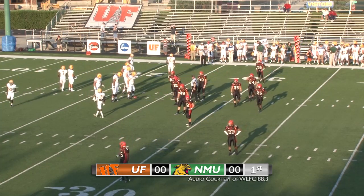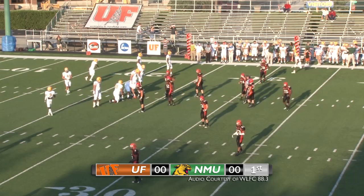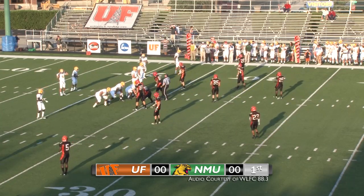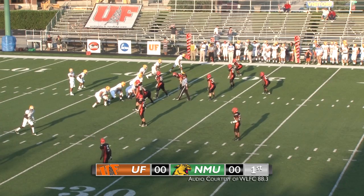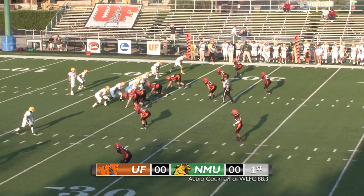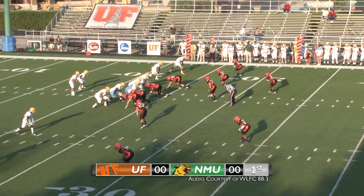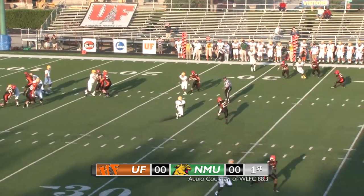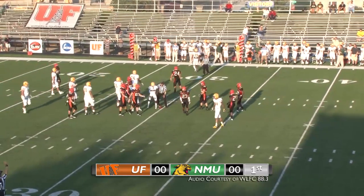Perfect start for the first 2 plays. You get a sprint out pass, you make the tackle in a one-on-one situation, and then you get a loss in the backfield. All right, so 3rd down and 8 after the loss at 2. 2 to the near side, 2 to the top side, back to the left of Morley. Long count again. Now it's snap, quick slant, complete, but down well short of the first down,